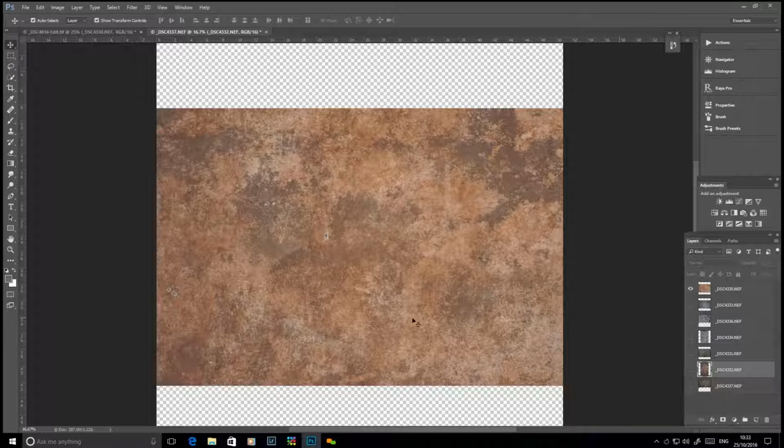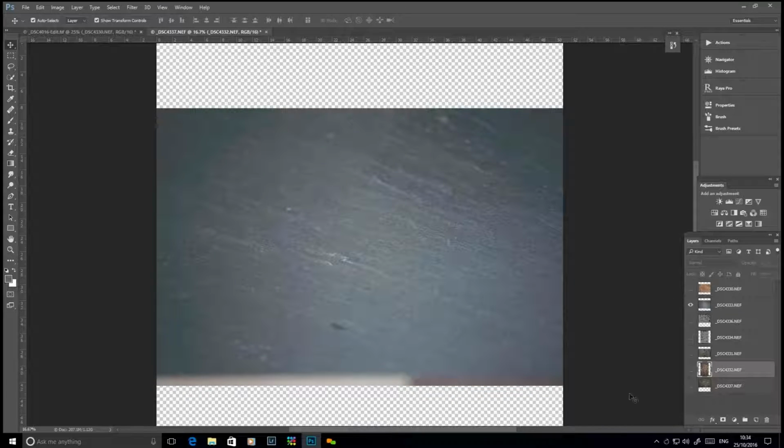And you can find them around the house, and you can find them in all sorts of places. So this is just a tile that happens to be on our kitchen floor, which is tiled like this. So I took a photograph of that particular texture. And this one here is a photograph of a slate